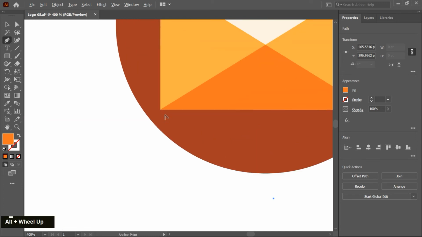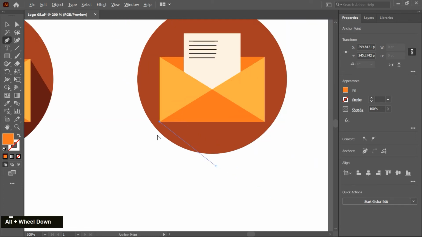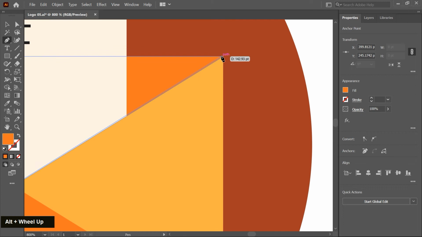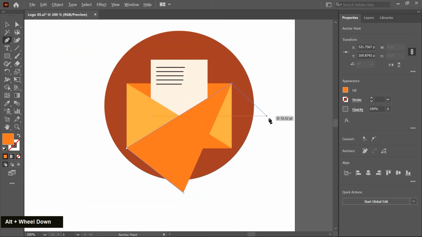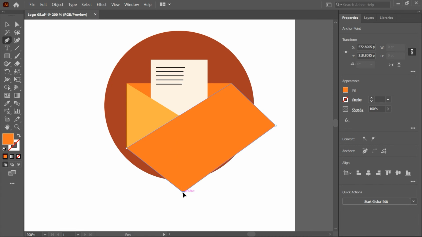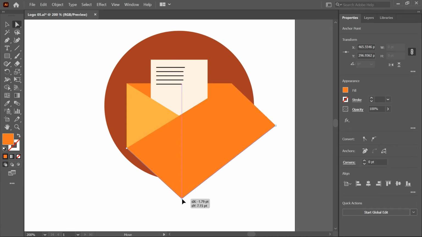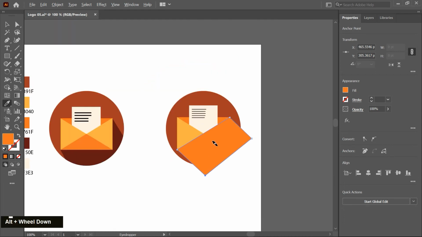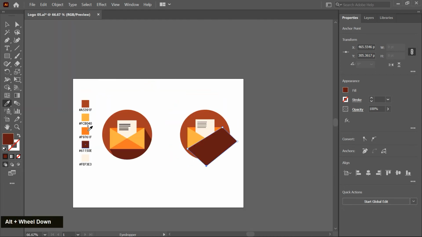I think it's not created, so I click here and create a shadow. This angle should be the same, and I fill with a dark color, so I choose this color.